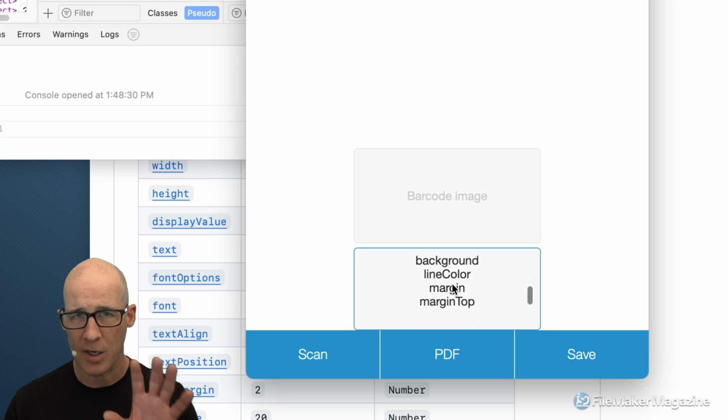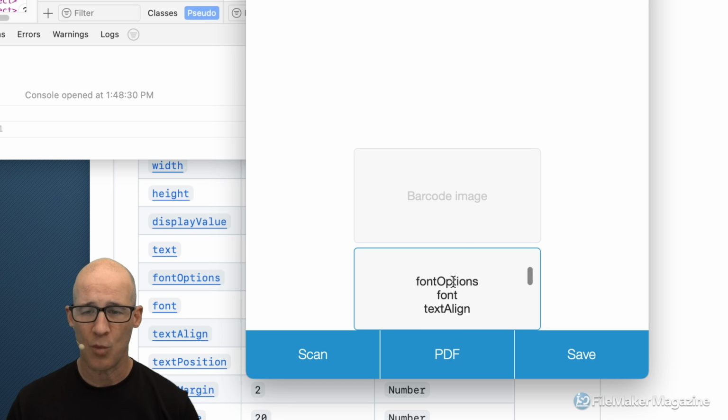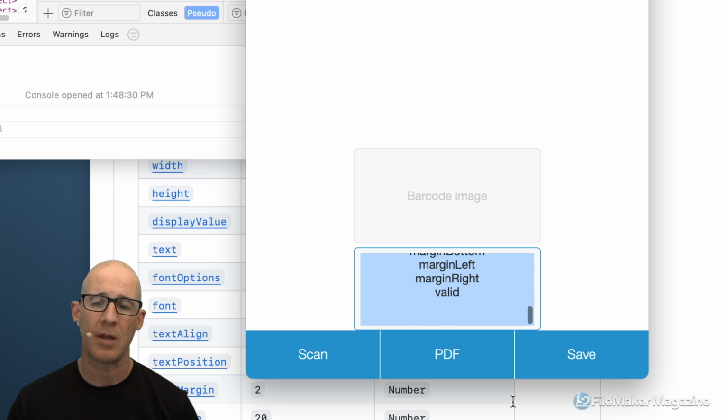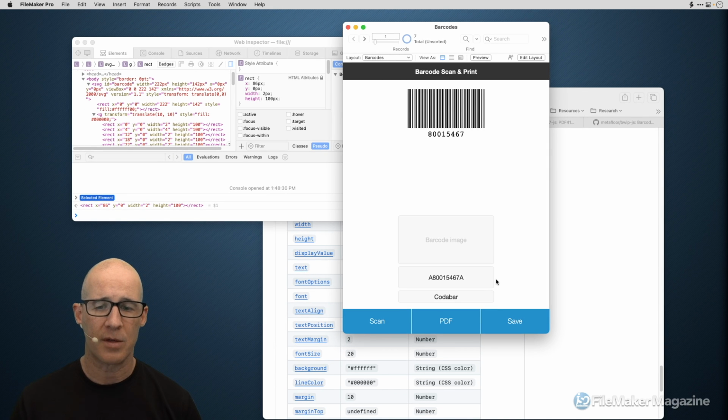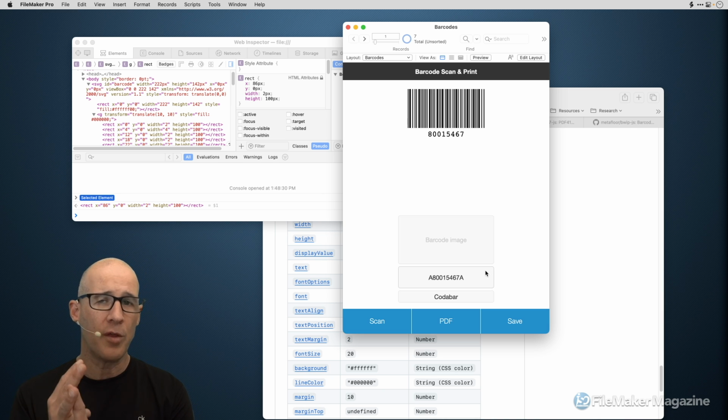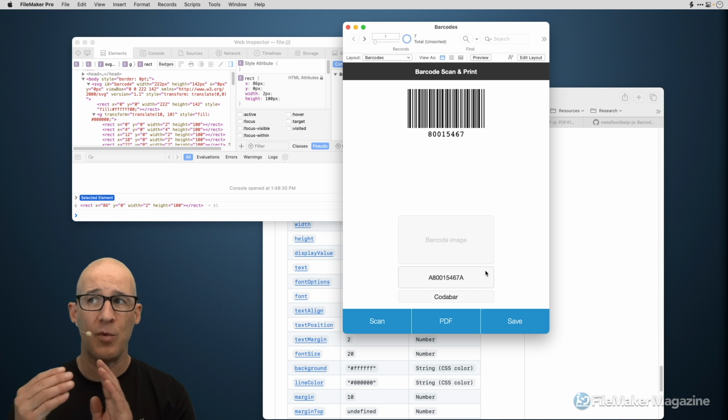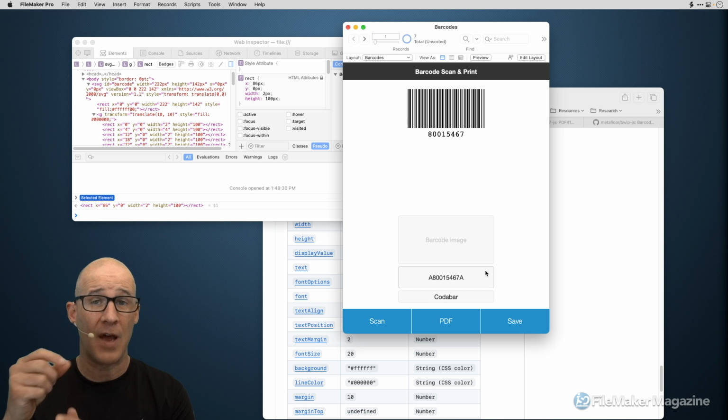It's already on screen. If the text is already somewhere, just use the text that is available. So we'll select all of that, get rid of it, and we'll now go into the implementation. So in order to put this into FileMaker, we know where the options are. We know that we need the library, and then we just need to hand it the value of the barcode